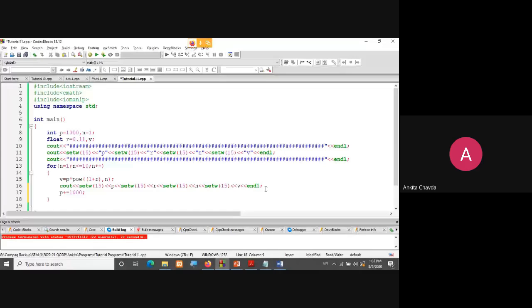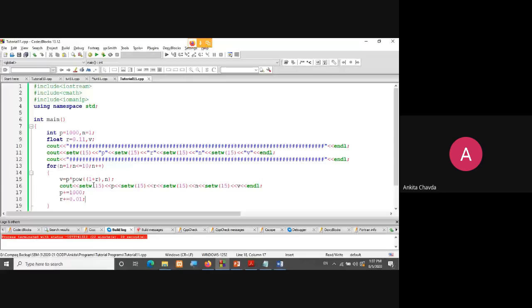Same way for r, I need to write r plus equals 0.01. Okay, and this for loop will end. Again for n equals 2, this will be incremented, and again this for loop will start.